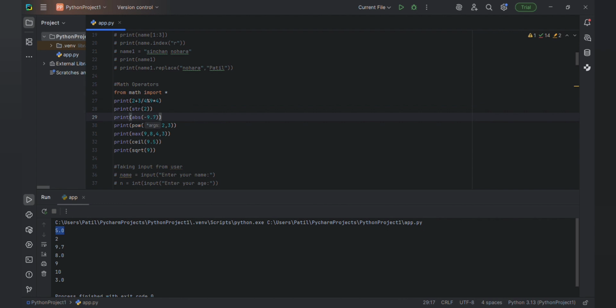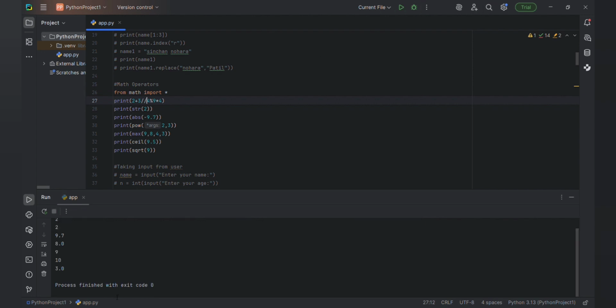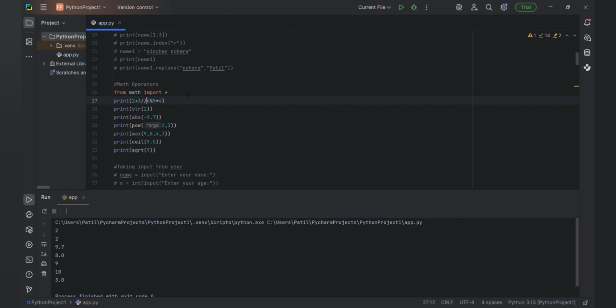These you already know, in your daily life you are using this, obviously. Plus and minus, obviously, and this is the divided by. And if you don't want point 0, then you will simply do this, not here, but it will give you, where is it, yeah, first one is 2.